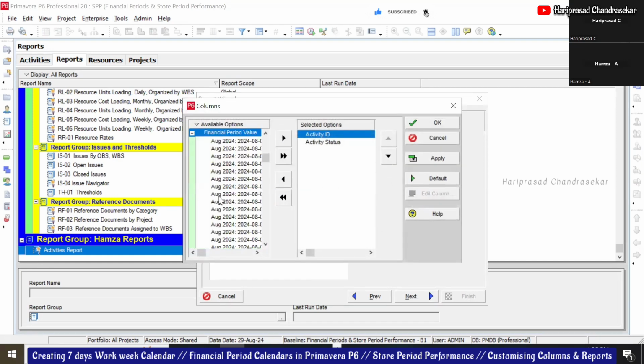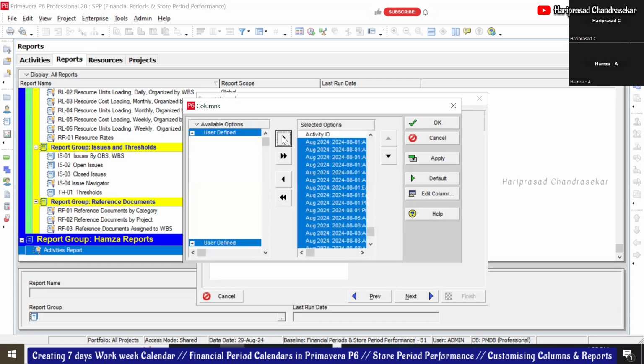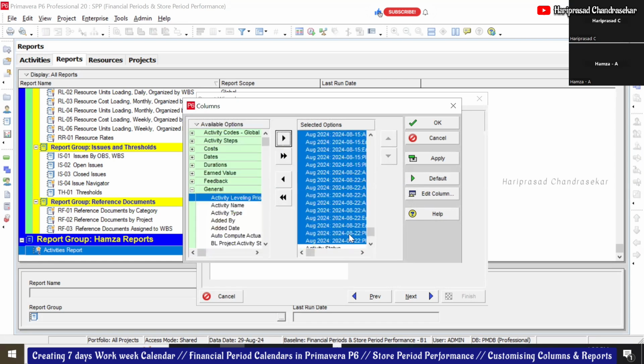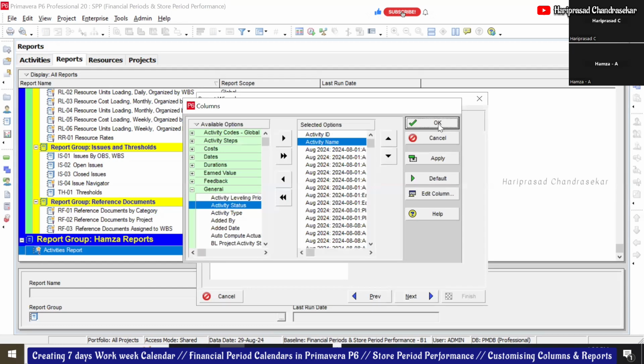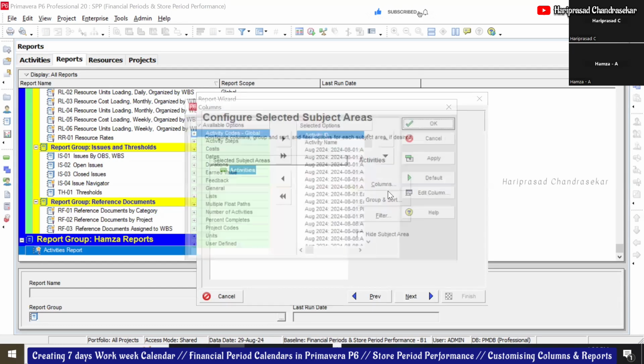Ah, right, right. Okay, I see now. Because of the edit user preference, these things will come. The activity status and all, if not needed, you can just remove it, take it away. Okay, activity ID, but activity name we can put at least. Then we can click OK. Then the column is completed.